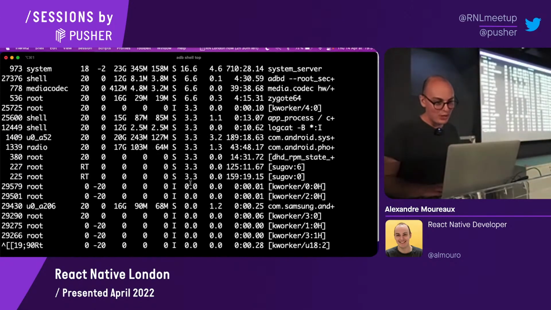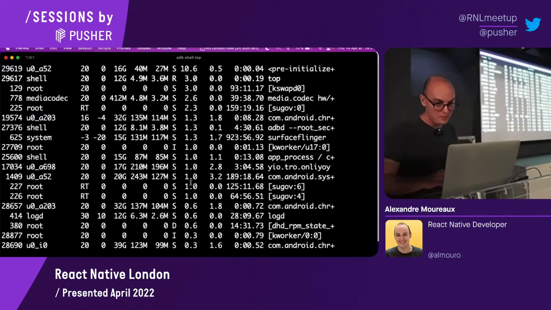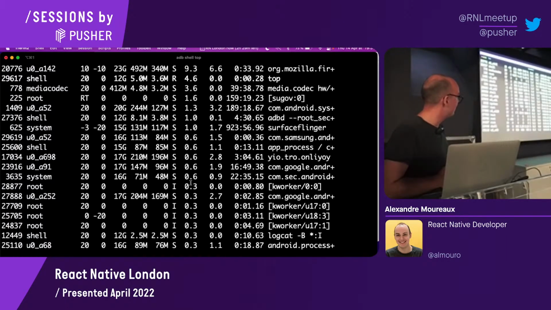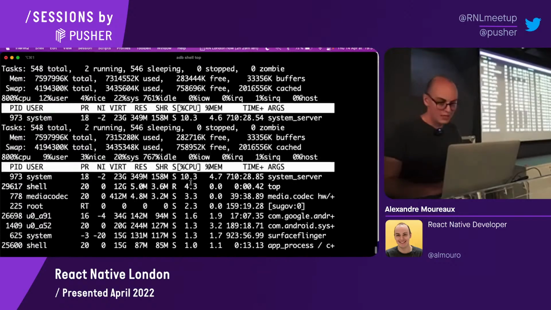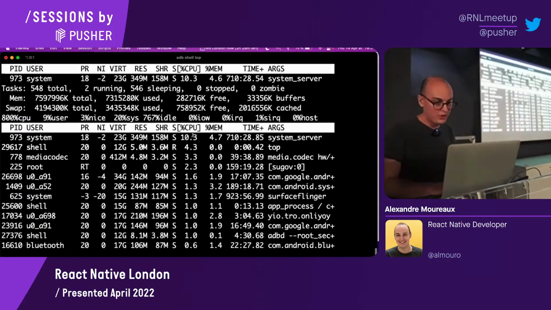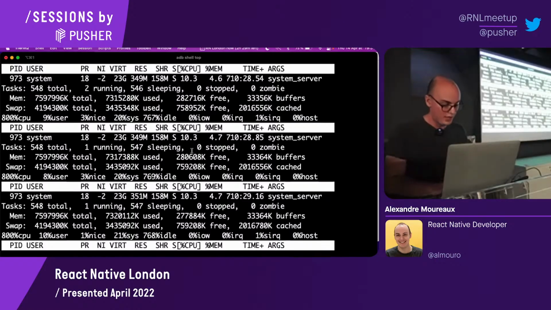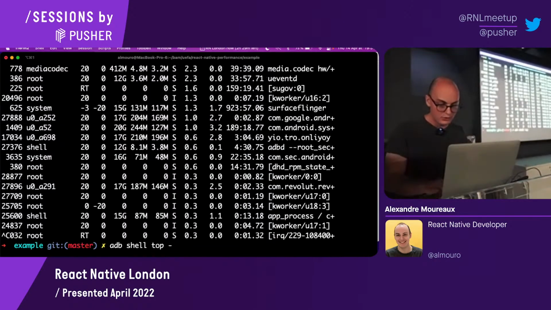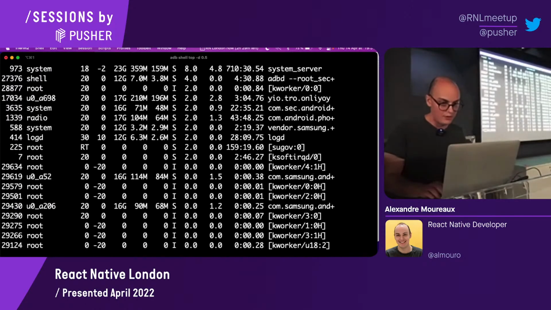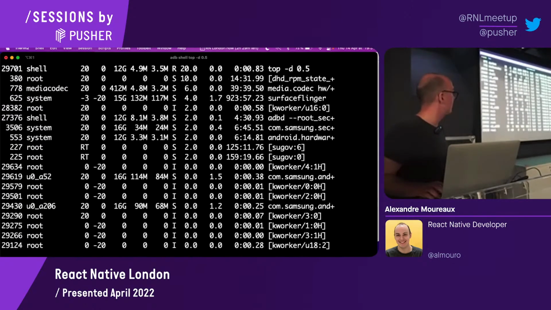It ranks processes by CPU usage, and this is basically what we want, right? Because it just outputs here the CPU usage over the last 3 seconds of any app, every 3 seconds. If 3 seconds is too short, we can just do -d 0.5 and it's going to output every 500 milliseconds.